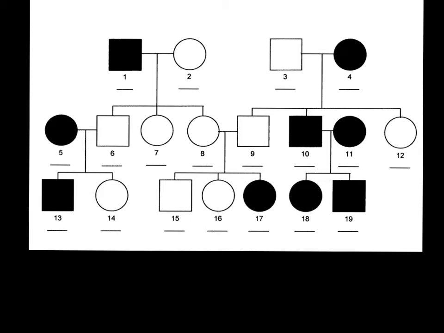Please be careful when you're doing problems like this. Make sure you take note that this person is not connected to them. So, like, number 11 is not one of the children of 3 and 4. 11 is just marrying 10, which is one of their children. But I want to look at 10 and 11 for a minute. This is something, again, that supports the fact that this one's recessive, since these 2 are only having other affected children. That supports the idea that it's a recessive trait, because if you look on the other side,